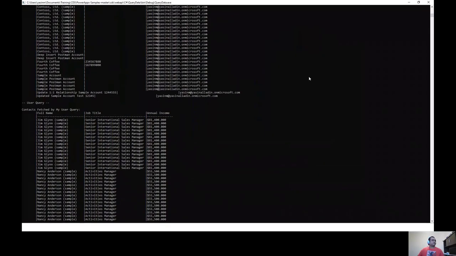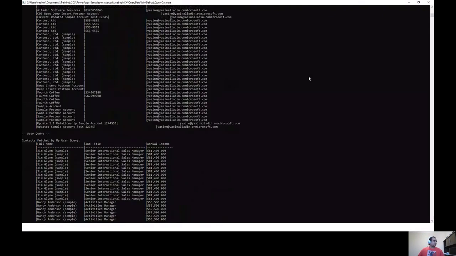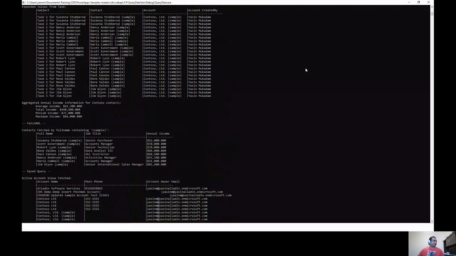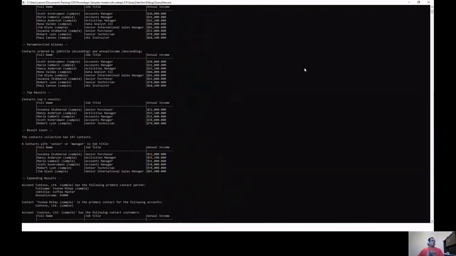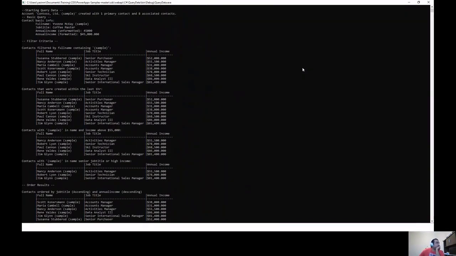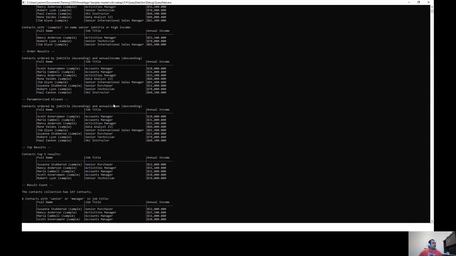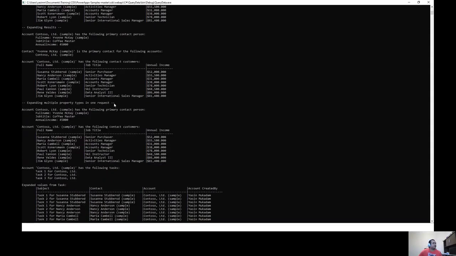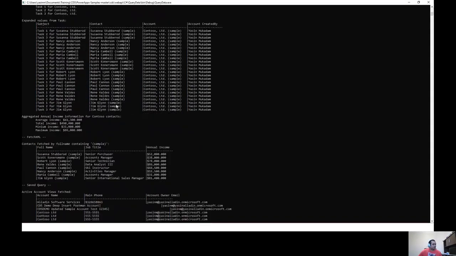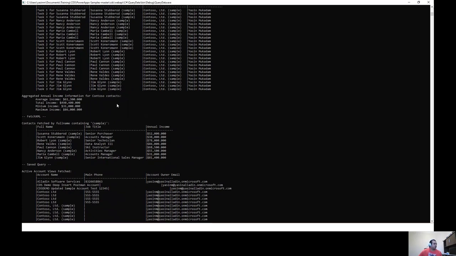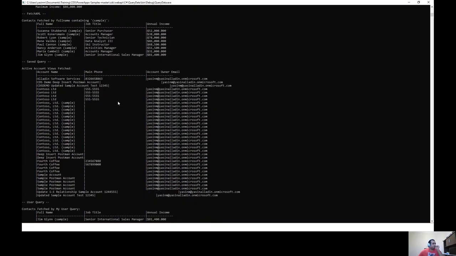And it executes pretty much all the scenarios that I was showing in the code. You can do filters within 1 hour. You can do all kinds of advanced queries that you would do with SQL.